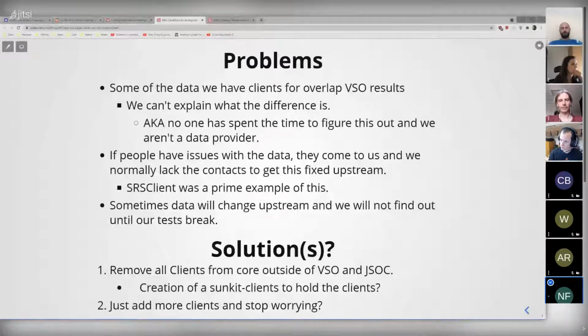Yeah, I haven't thought this through, have I? So if we moved Fido out of core, I would still argue that VSO and JSOC should live in SunPy because they're solar physics specific. Yeah. So I guess kind of it. Sorry, go on. I was going to say, I guess